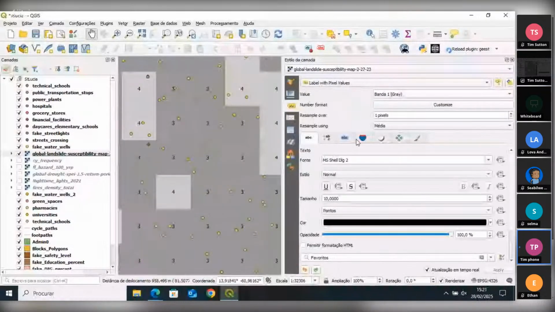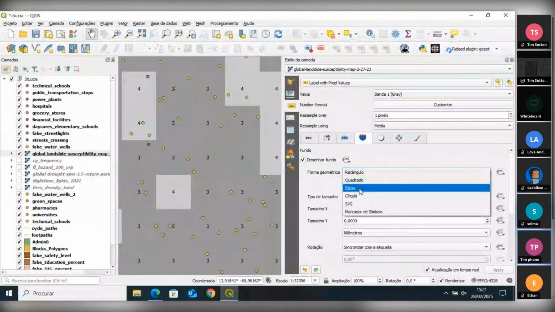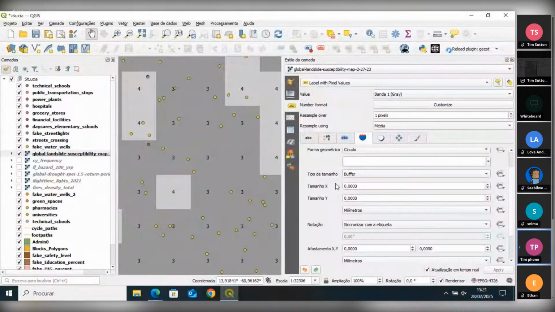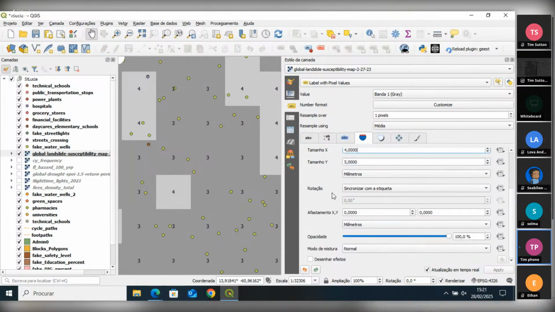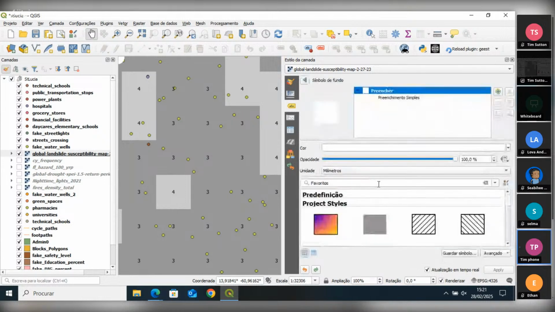So you can set whatever options you want around the background of the label, something like this. And you've got all the tools for setting up beautiful labels for your